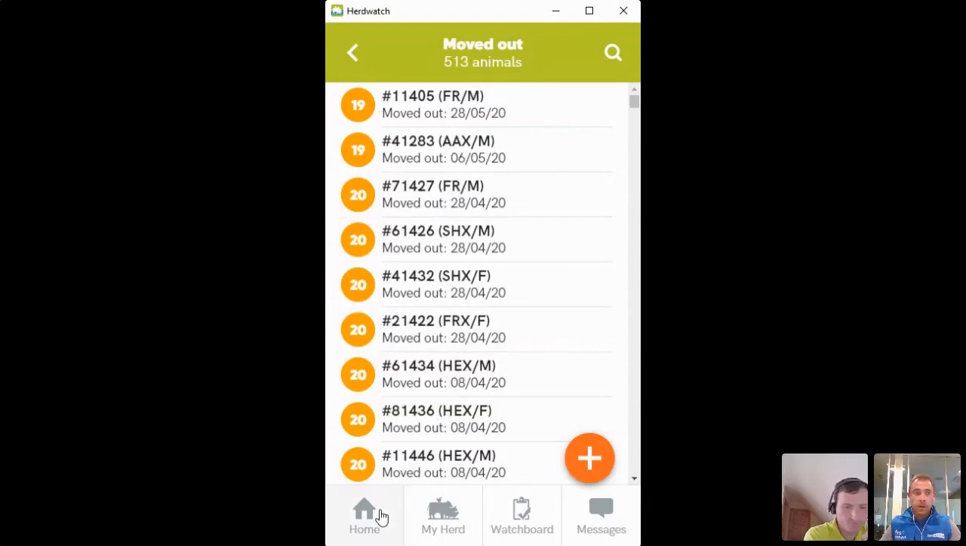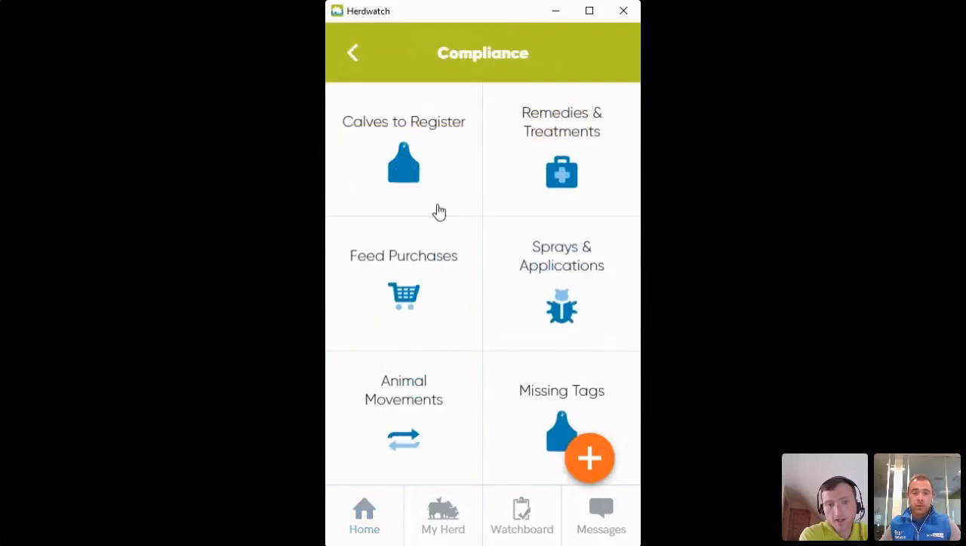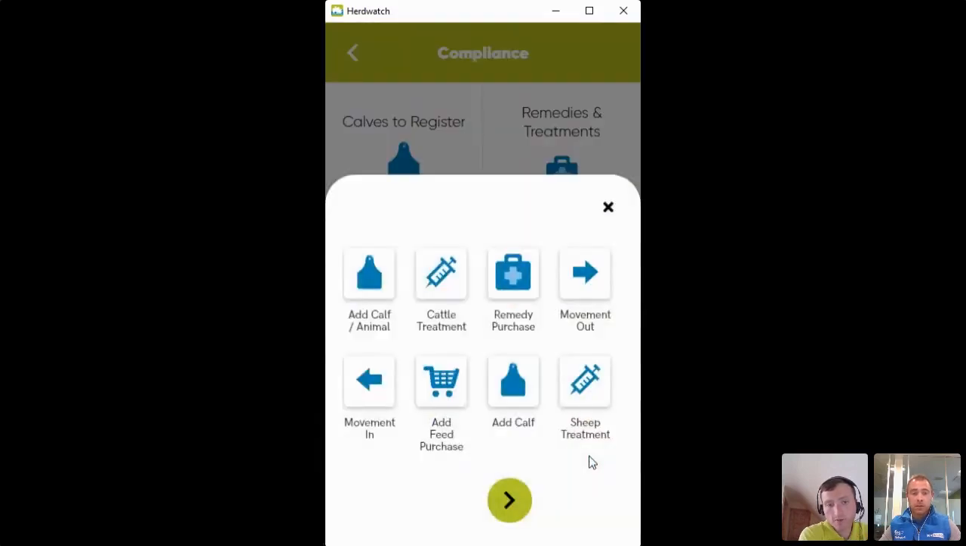Another one that's come in, Gearoid, is how do I record a sheep remedy? So maybe we should really quickly just use the endo fluke that we recorded, because I know you can use that for sheep. We might just create a quick sheep treatment for endo fluke. Hit your plus, and then hit the arrow, or if you're on your phone, you can actually swipe. You see there in the bottom right corner, sheep treatment. So if you click on that,